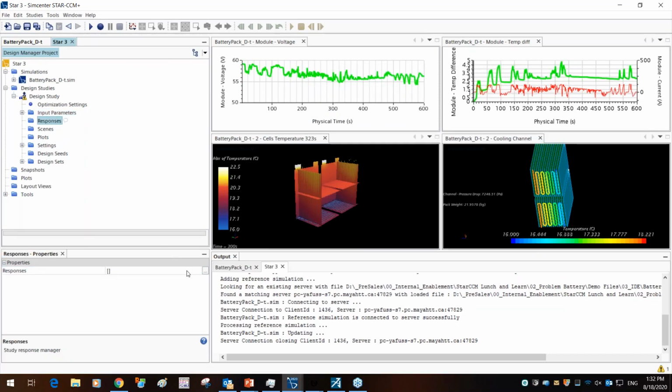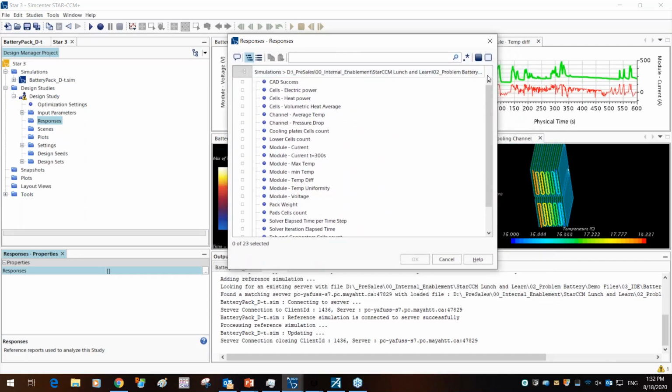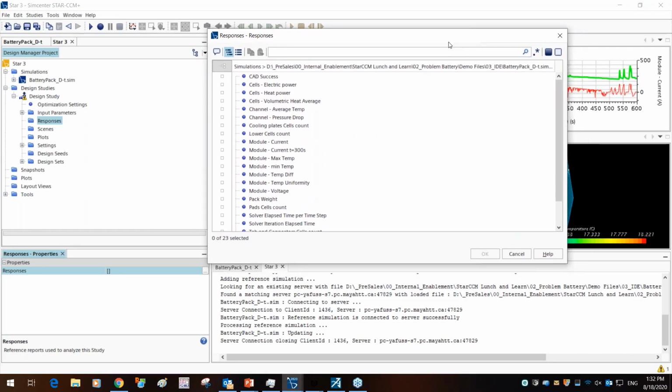But in terms of the resources, let's look at this. So all the reports that we generated are available to us. So once we've given a design change to those parameters that we just showed, you want to look at some response. So our response would be minimizing pack weight. So that's going to be out there. We want to minimize the coolant pressure drop, so the pressure drop. But we also want to make sure that there are 2 constraints. So the maximum temperature is less than 60 degrees, and the maximum temperature difference is less than 3 degrees. So we have created reports associated with these parameters.